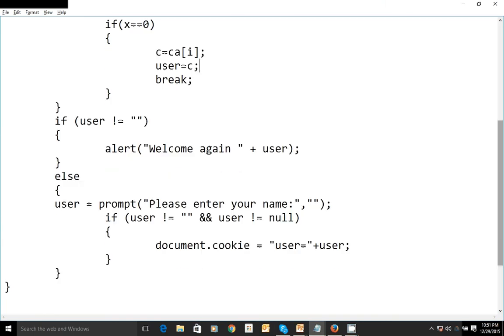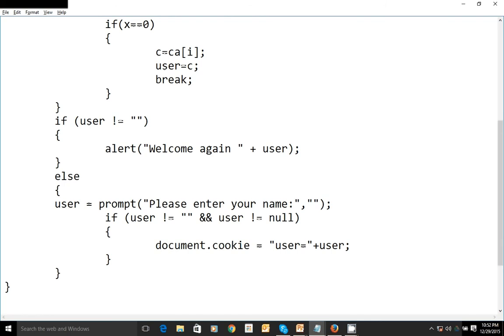So user is null, we come out of this if condition, and the else block will execute. At that time we prompt the user to enter his name. If he enters the name properly, we set that particular cookie with the name user plus the entered value. And of course you can set the expiry date if you want.